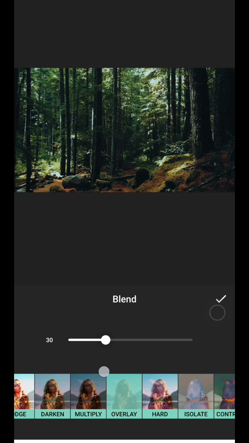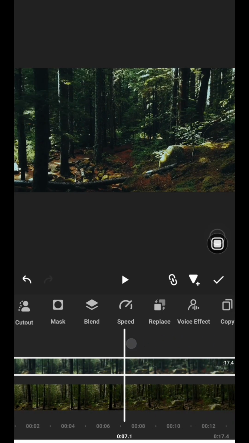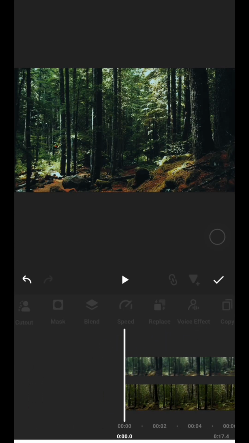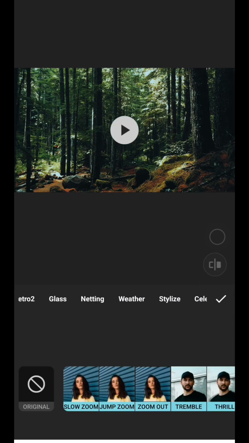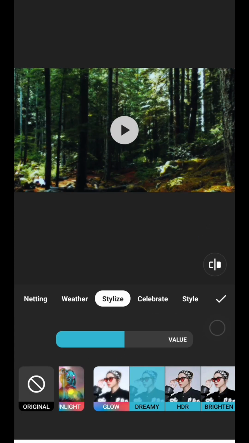Maybe I will adjust it like this. This will create that soft dreamy glow effect. So when you're done, just check mark like this. Next, just tap on effect again and then just go to stylist, this one, and then choose dreamy and then just turn the intensity all the way up like this